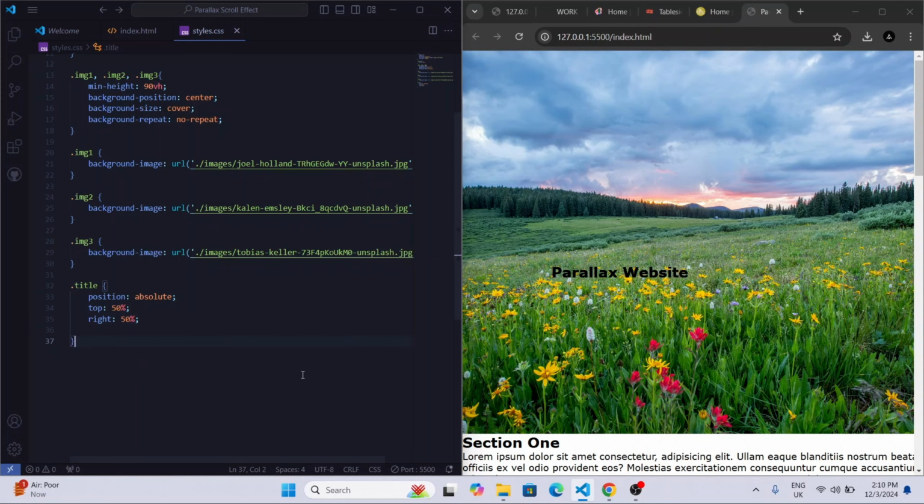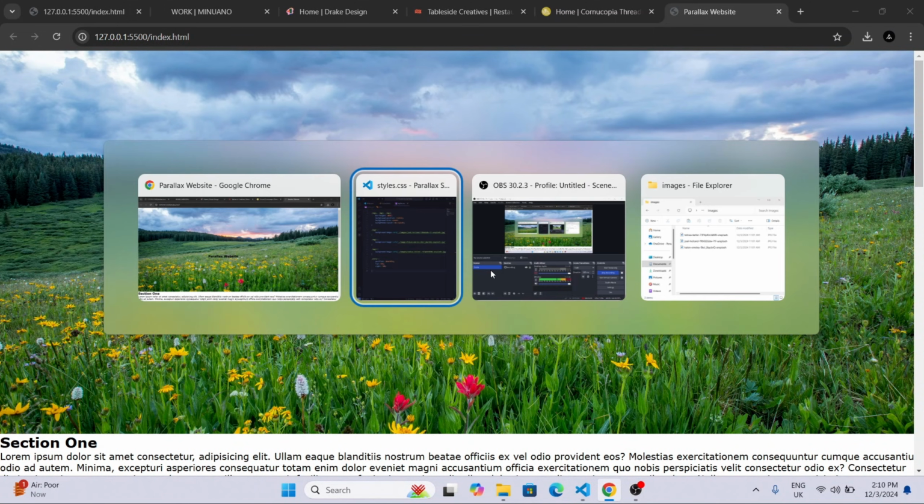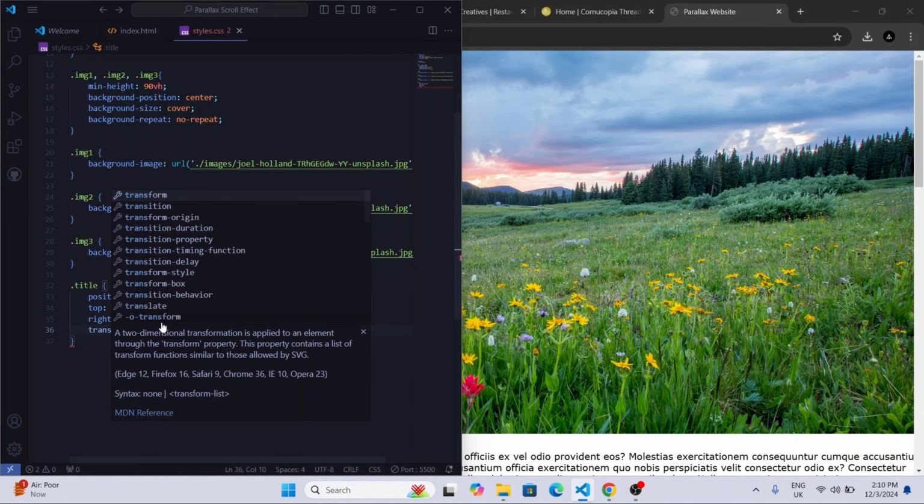50%. Good. Now if you notice, this is not in the dead center. It's not right in the center like that. It's a bit low and has moved to the left. So in order to bring it to the right position, we'll use the transform property and give it